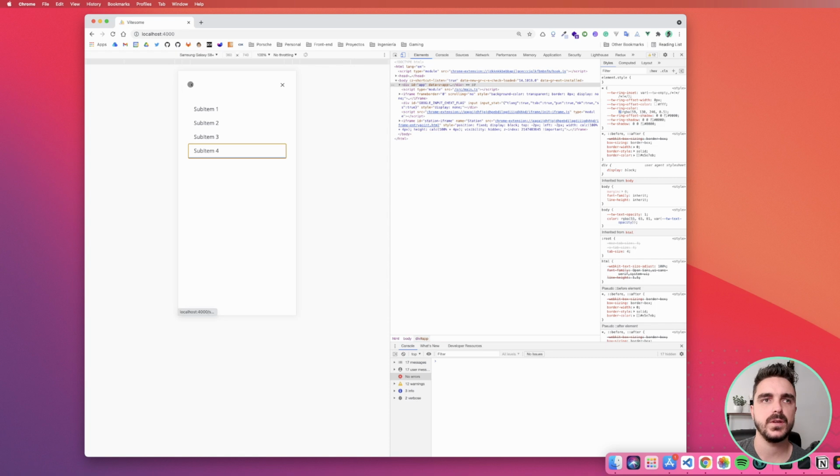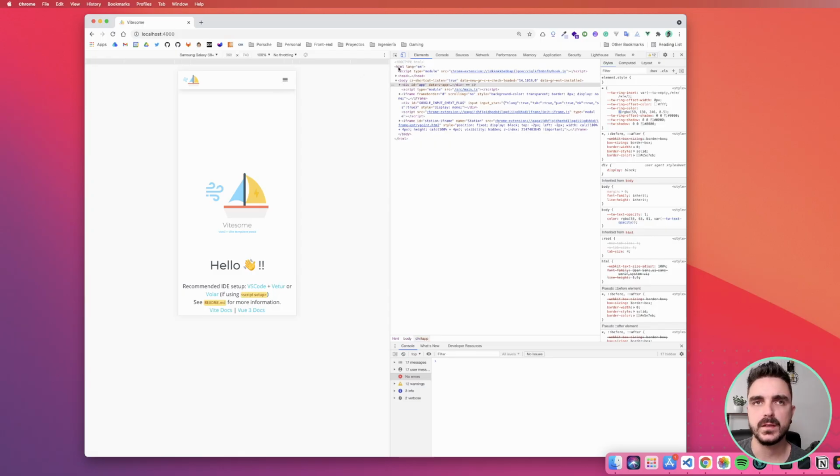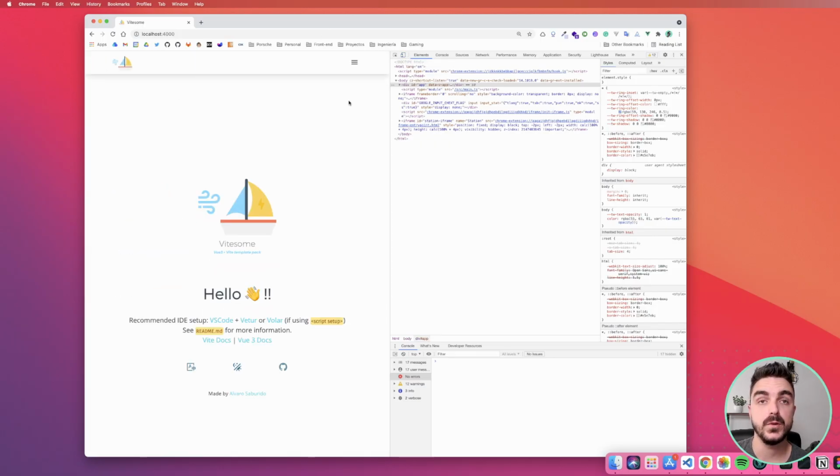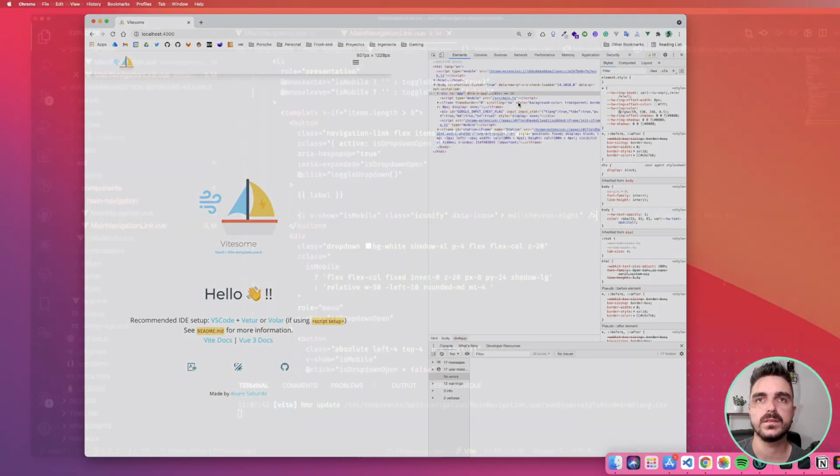It should come here first and then to the other elements, and also it should trap inside the menu so it doesn't go to another place. At the moment, I guess it's in another part of the page. It should stay here with a focus trap. So that's basically what we are going to implement today, and I'm going to teach you how to use it with VueUse, which I found really easy.